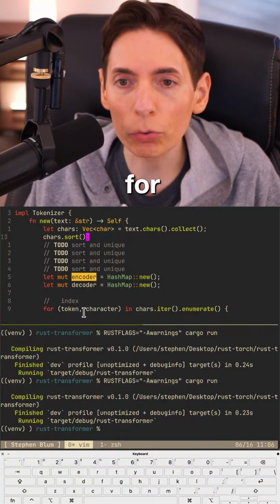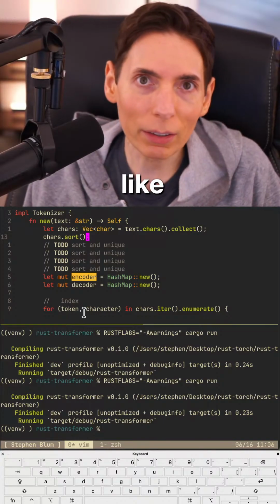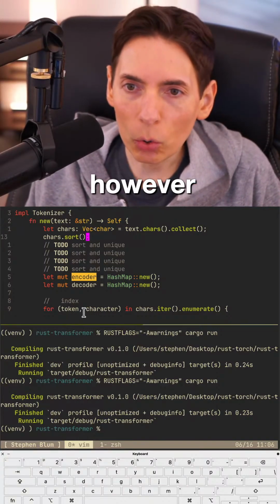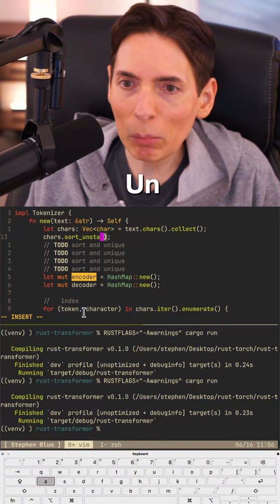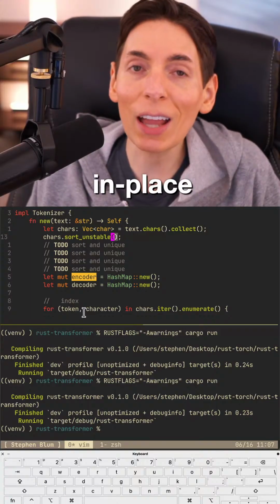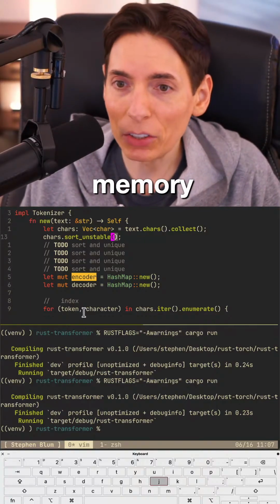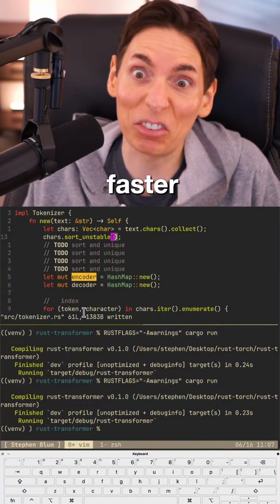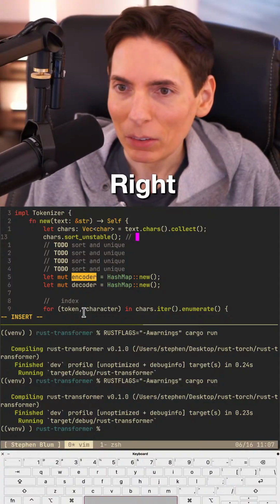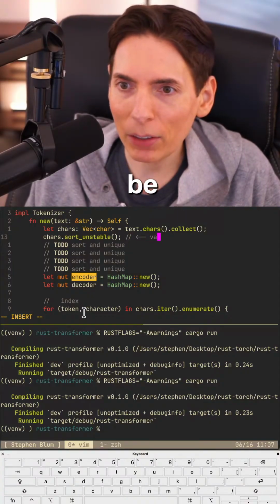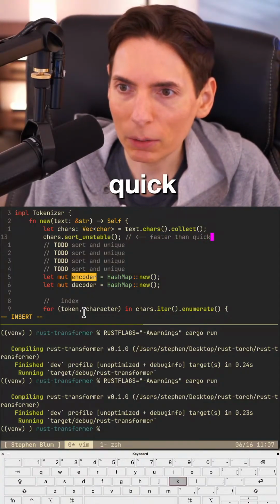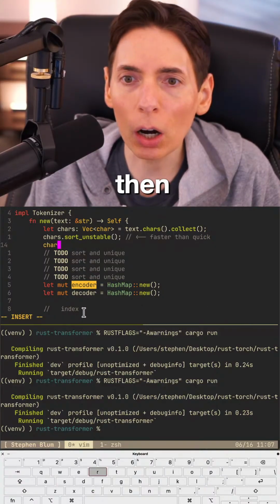However, it will preserve order for equal items, so it's useful if you want to sort further. However, sort unstable is going to be an in-place, stack-only memory update, which means it's going to be a lot faster, right? This is going to be faster than quick. And then